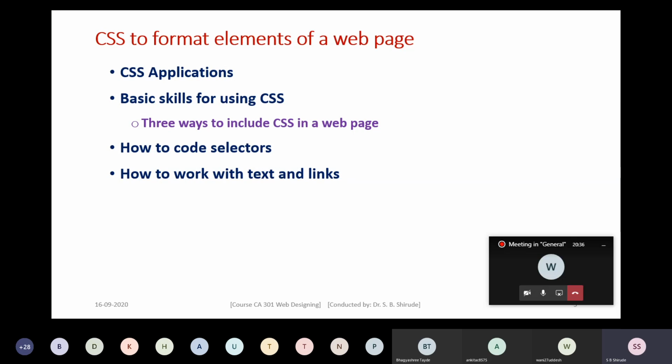When we design CSS, particularly we have to code the selectors. So in this session, we will learn the three ways, how to code the selectors, and how to work with text and links, meaning how to format the text and links by using CSS.